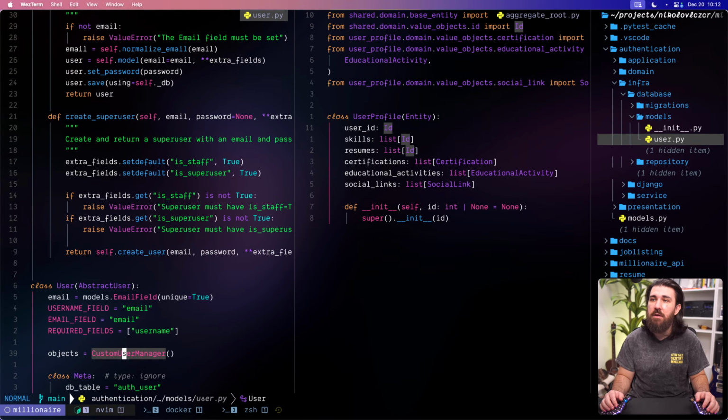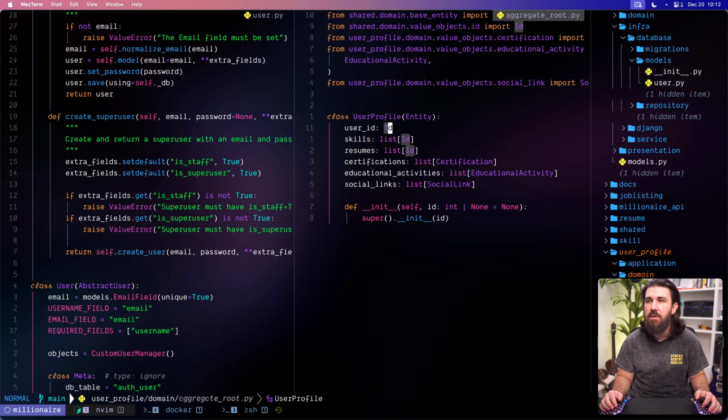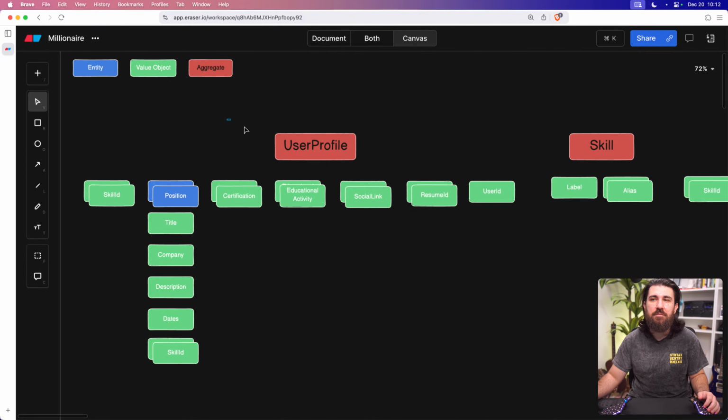Everything is working fine. We just need to connect the user with the user profile, and honestly might as well just call this user and not a user profile, because the user can have multiple profiles. This is going to be the user. It's not going to be saved as a user. So